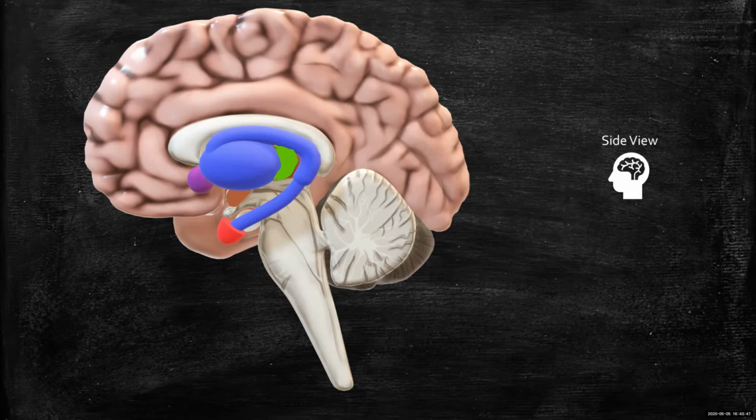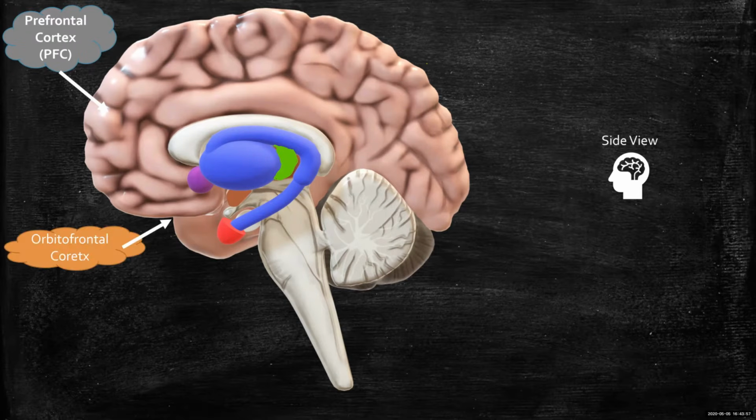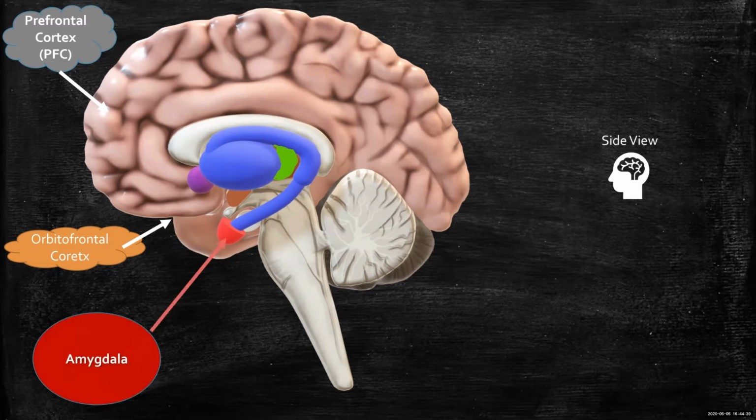This is the brain. This front part of the brain is called the prefrontal cortex. A part of the prefrontal cortex is an area known as the orbitofrontal cortex, which sits on the bottom side, or the inferior side, of the frontal lobe. Orbitofrontal cortex makes sense because the vision pathways flow right underneath. The amygdala is the red structure, which is considered the fear and anxiety center of the brain. It's located anterior to the hippocampus within the temporal lobe.